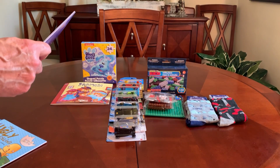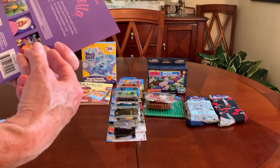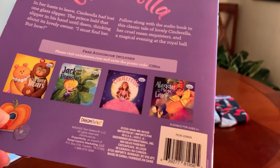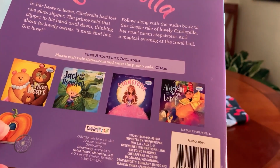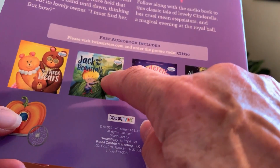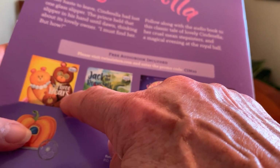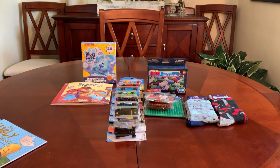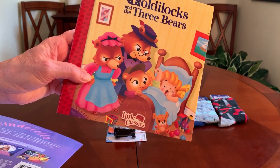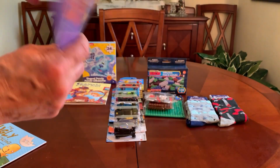And I picked up Cinderella. This one comes with 4 books. I've only seen 3 of them. I bought Cinderella, I saw Jack and the Beanstalk, and I saw the 3 Bears. But I liked this one, the pictures in this one for Goldilocks and the 3 Bears. This one just is named the 3 Bears. And these are,